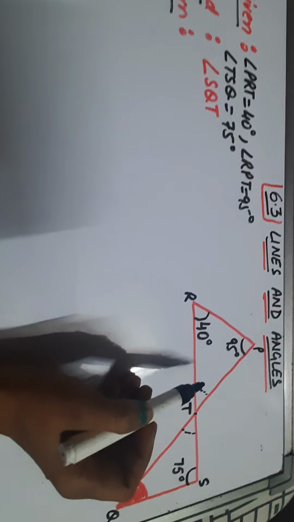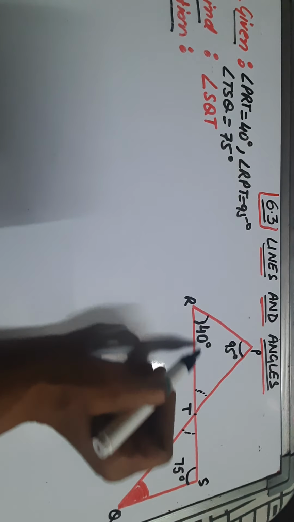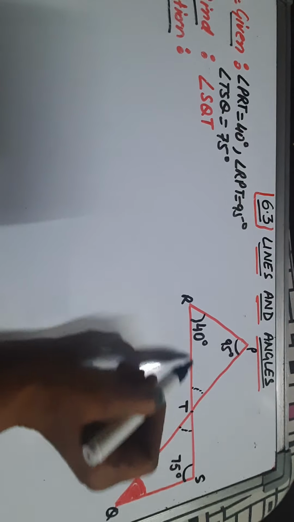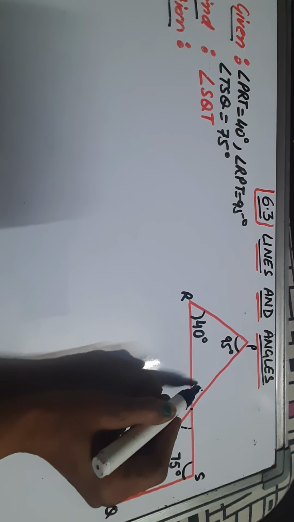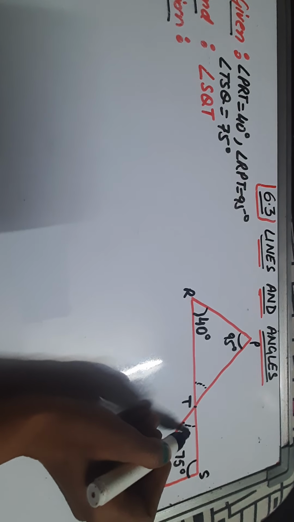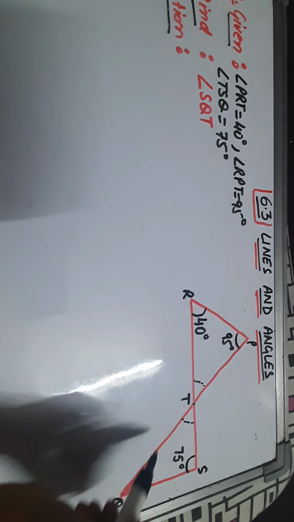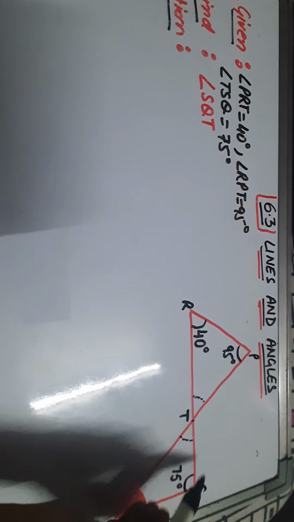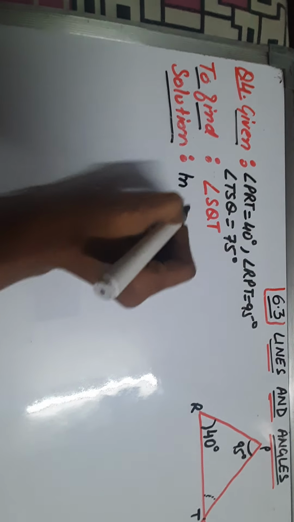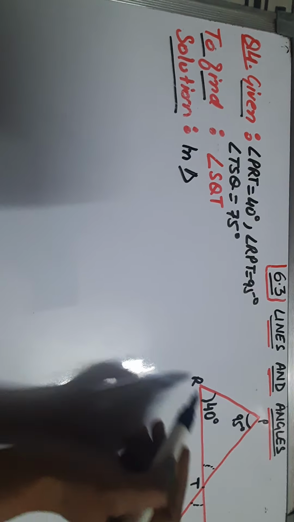So the question will be solved in 3 steps. First step, angle sum property in the first triangle. Second step, vertical opposite angles. Third step, angle sum property in the second triangle. So let us start solving it. First of all, we will write in triangle PRT